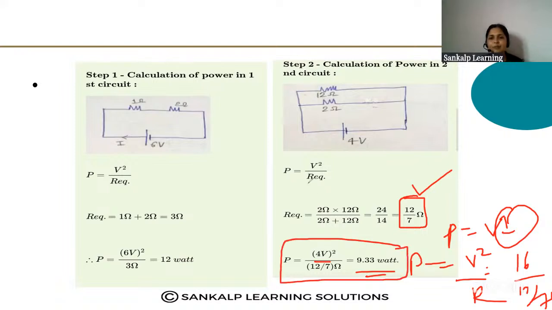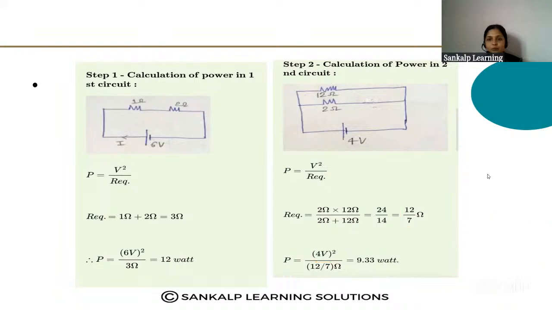Okay, but this will be easy because there is no need to calculate the I. Here directly you can apply the P is equal to V square by R formula. So this method will be easy for you people. Okay,